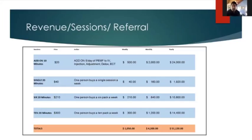And the patient's like, okay. So it's not really that you have to sell it. You really need to tell the patient that that's what's best for them to make everything work properly. So 5 people a day do that. You get one person who says, you know what, I want to try a whole 20-minute session, and one person a week does that. And then you have one patient that gets really excited because they tried the $20 add-on,